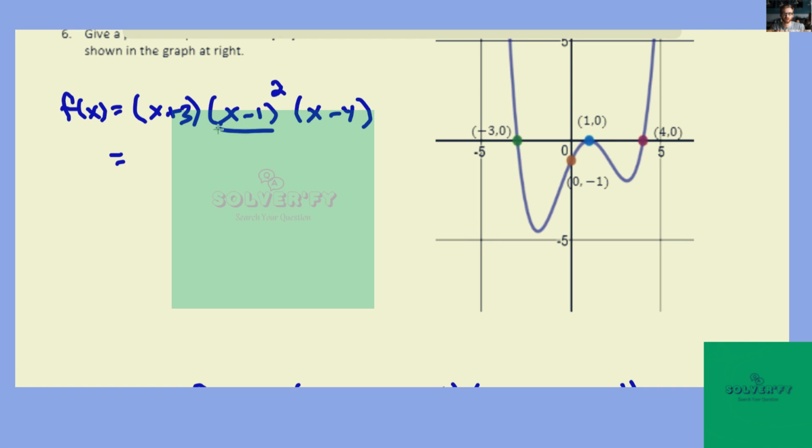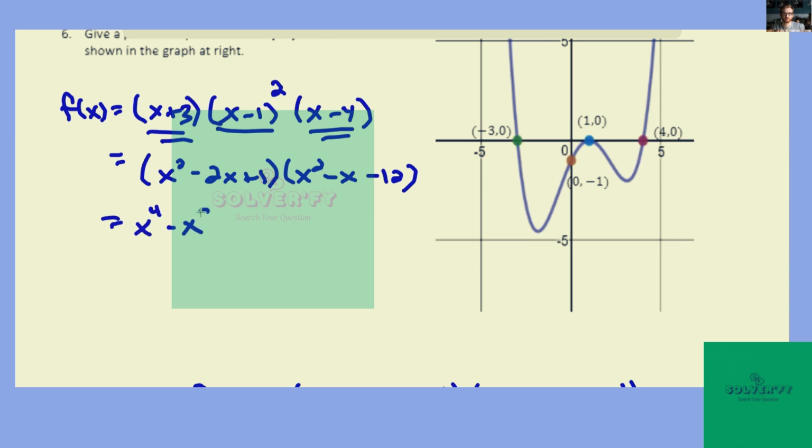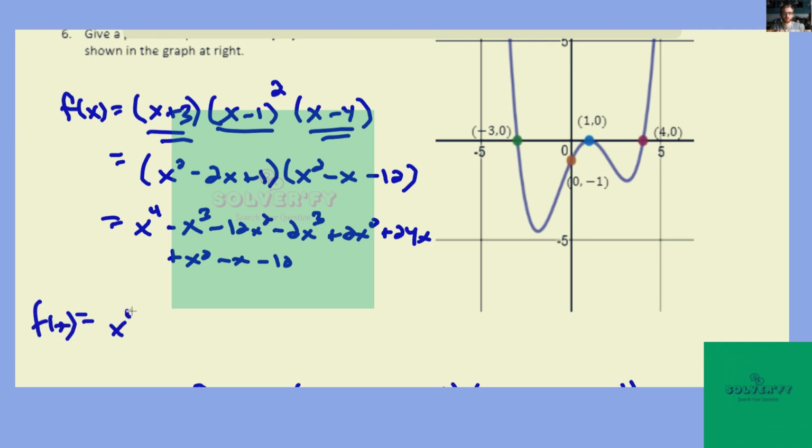x minus 1 squared is x squared minus 2x plus 1. And then x plus 3 times x minus 4 is x squared minus 4x plus 3x is minus x minus 12. Multiply this out. We get x to the 4th minus x cubed minus 12x squared. Distribute the negative 2x, you get minus 2x cubed plus 2x squared plus 24x. And then distribute the 1, you get plus x squared minus x minus 12. Combine like terms, and we get x to the 4th